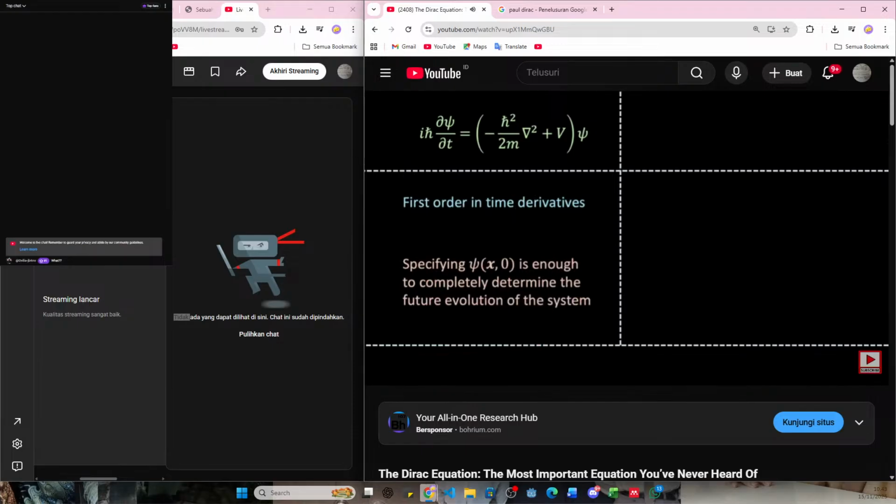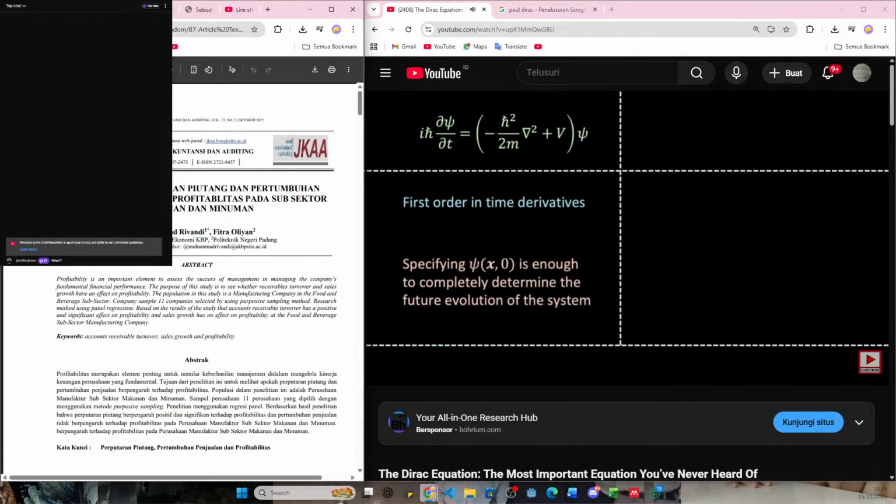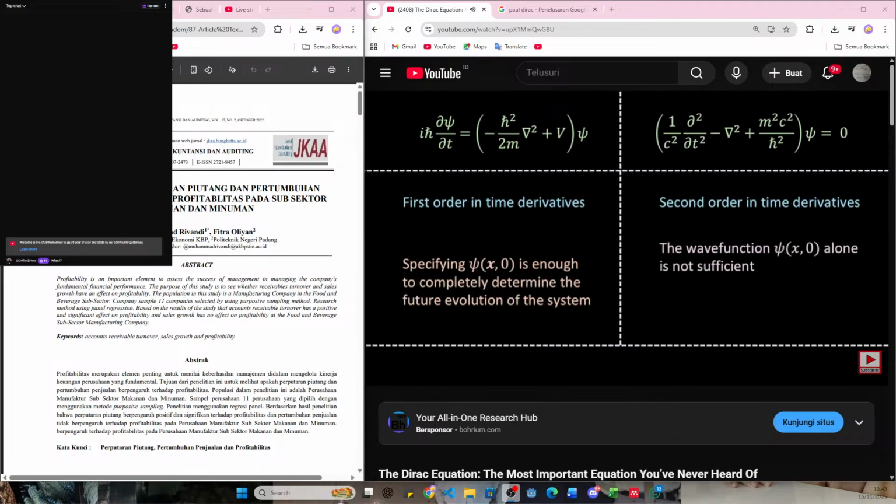is enough to completely determine the future evolution of the system. However, in the case of the Klein-Gordon equation, because it's second order in time derivatives, the wave function alone is not sufficient. To fully specify the quantum state, one